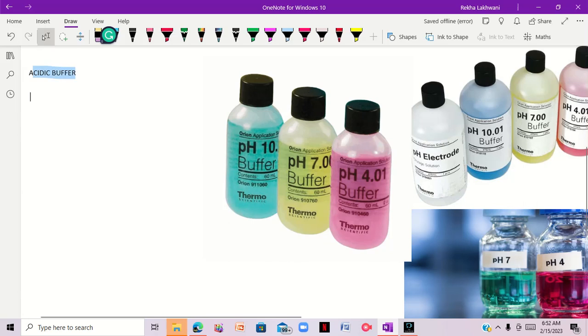Types of buffer. We have two types of buffer. First is acidic buffer, and the other is basic buffer, which we will talk about in the next video. Today we will discuss acidic buffer. So what happens in acidic buffer? Basically we need a